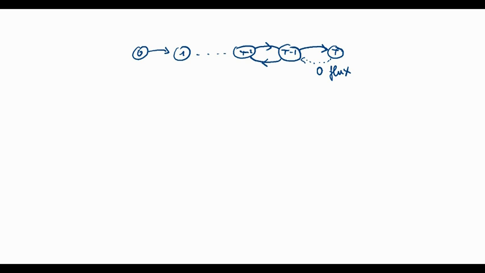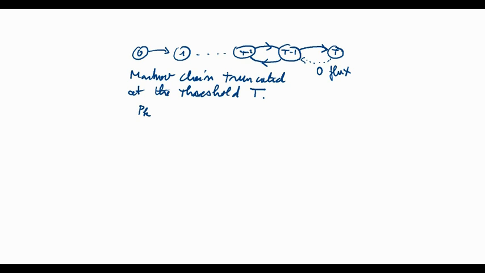But now what we have is a Markov chain truncated at the threshold capital T, right? And we need to precisely write these equations. So how shall we do this? We can start with the Markov chains that we had